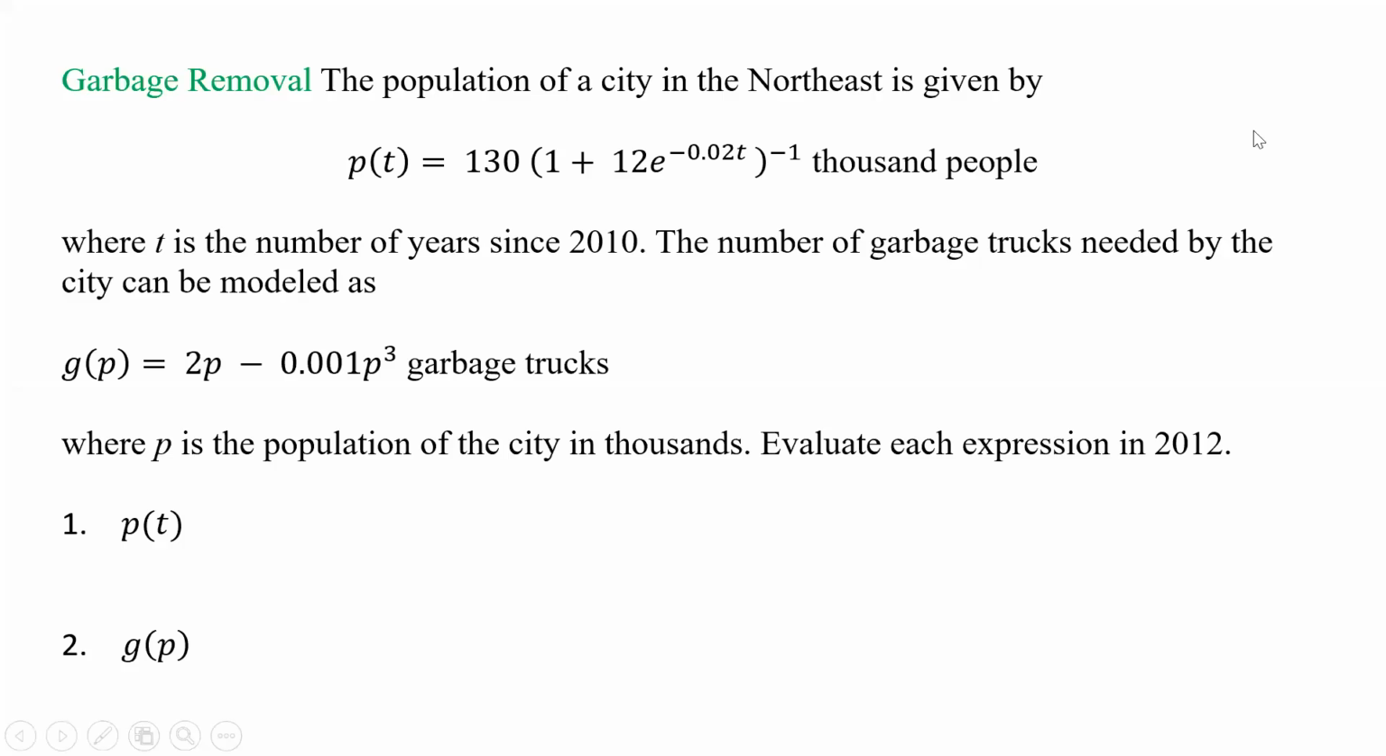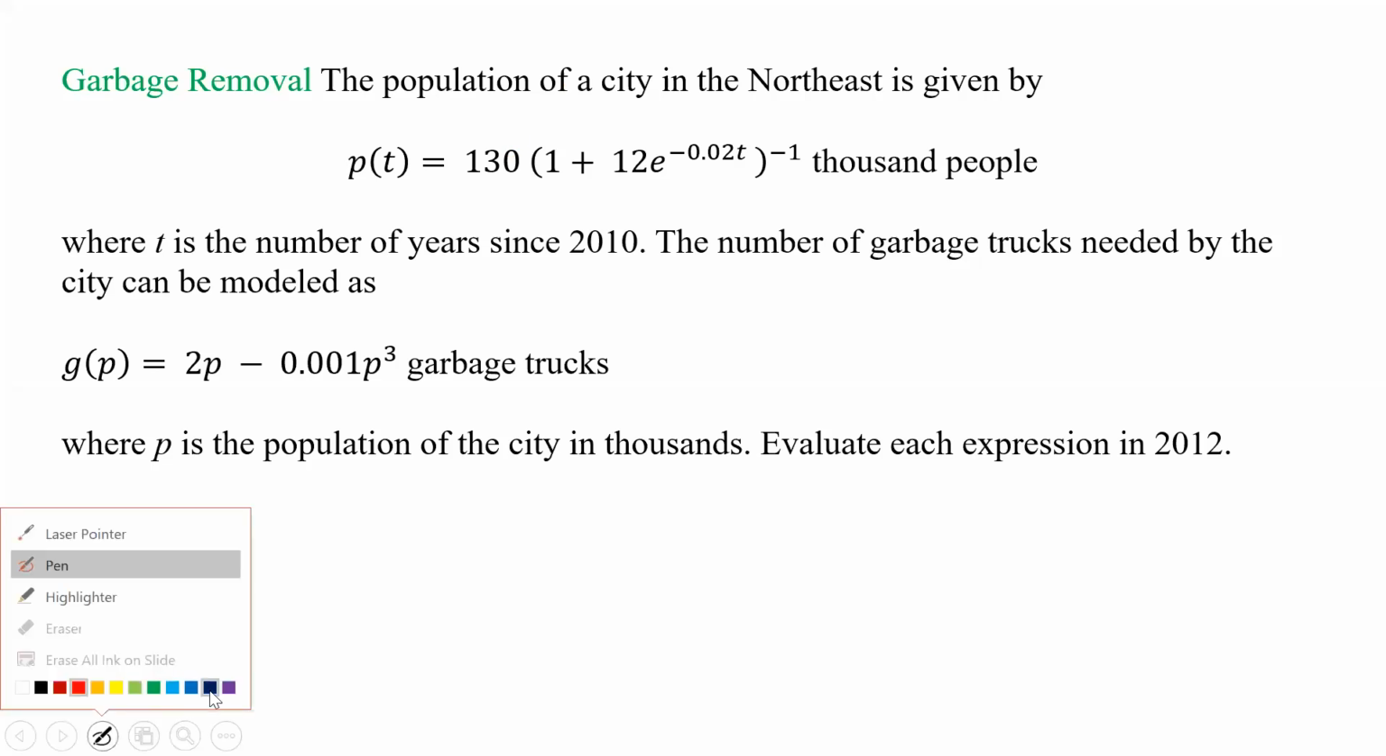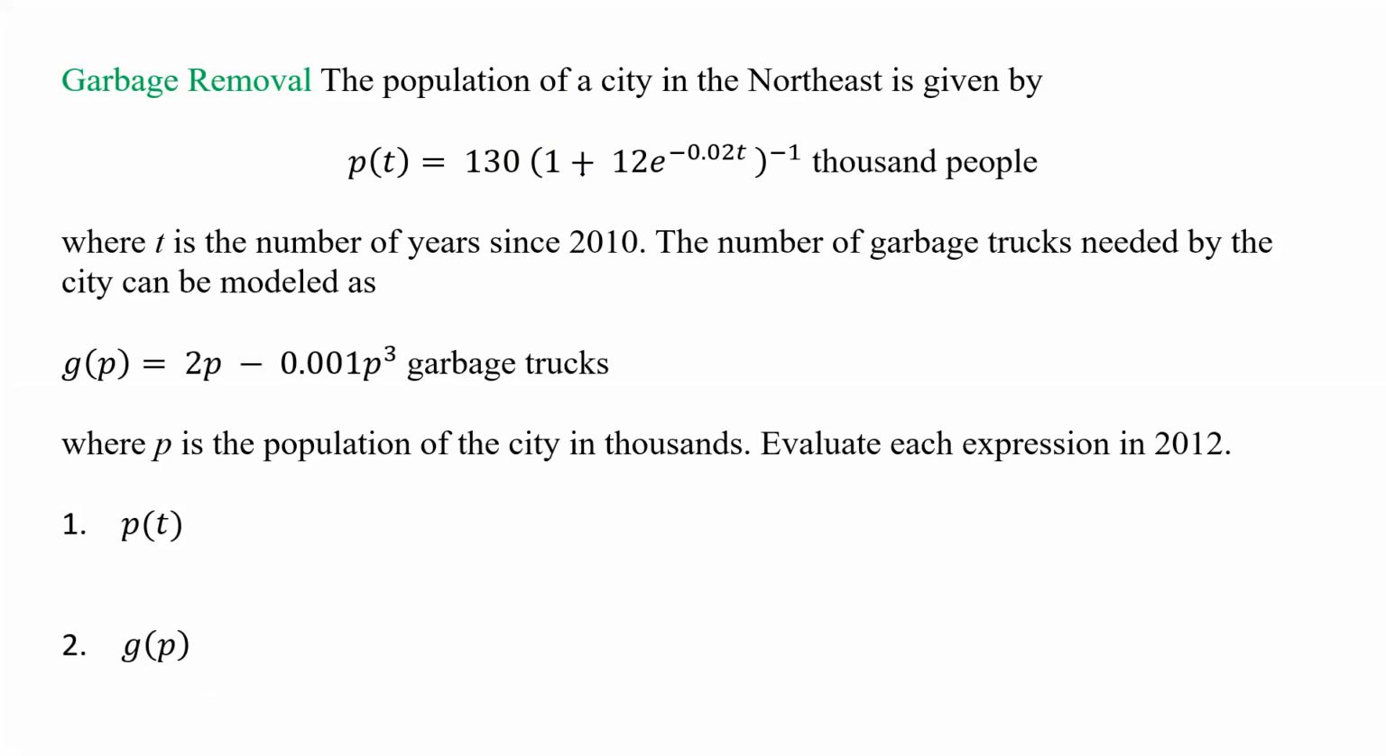All right, so let's do now garbage removal. The population of a city in the Northeast is given by P(t) equals 130 times (1 plus 12e to the minus 0.02t), raised to the negative 1. So basically, this whole piece is in the denominator. It's 130 over that. Okay, and that's in 1,000 people,